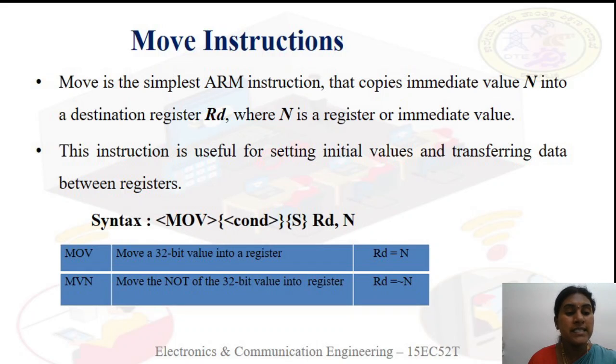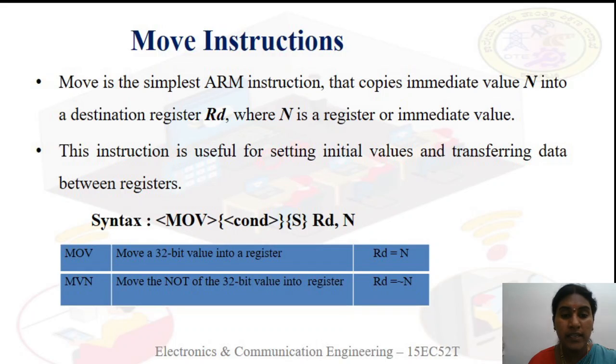Okay, now we will see the syntax. The instruction move is MOV, then you put some condition and also the suffix S. Suffix S means be careful. If you put the suffix S, it will update the flags in the CPSR. If you don't put S, it won't update the CPSR flags. If you want to update the flags in the CPSR, then you have to put the suffix S with the instruction. So this instruction MOV S Rd, N means the immediate value N will be moved to